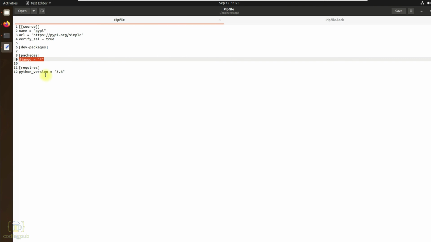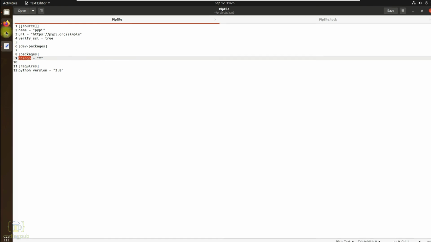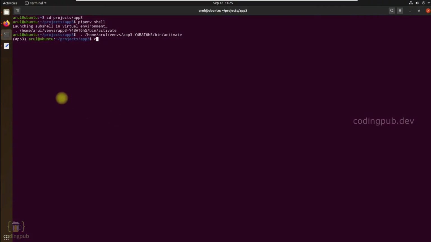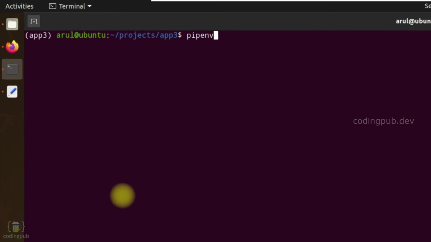If you want to install a particular version of a package, for example, a particular version of Django, you can do that using the command pipenv install Django==2.1.1.